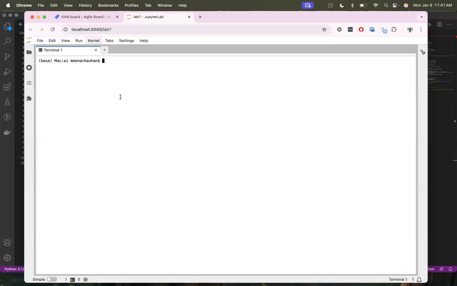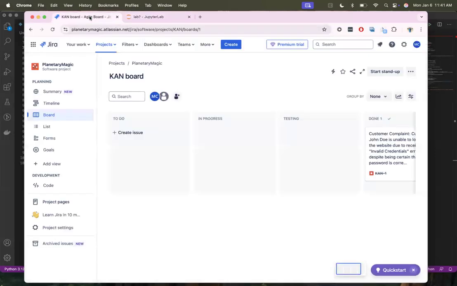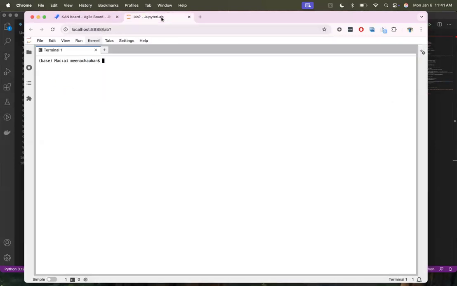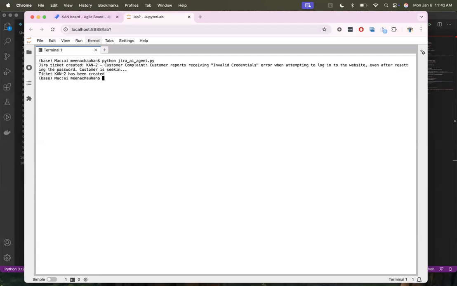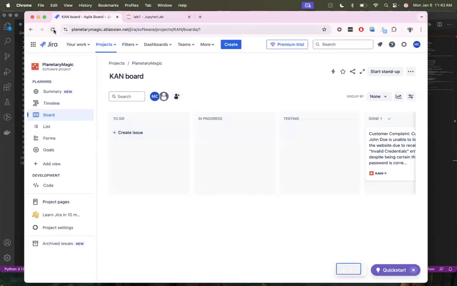Here it is. And here is my Kanban board. Right now I had one sample which is closed. As you can see, there is nothing. I'm hoping I can see KAN-2. Now the command to run it is python jira_ai_agent.py. Run it. Okay, there you see KAN-2 has been created here. And if I refresh,